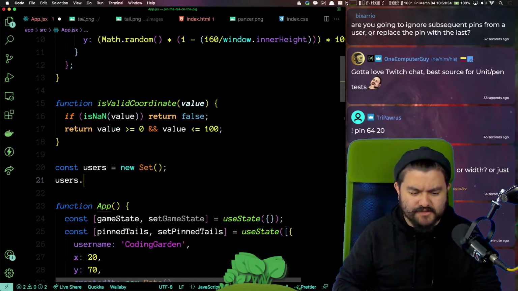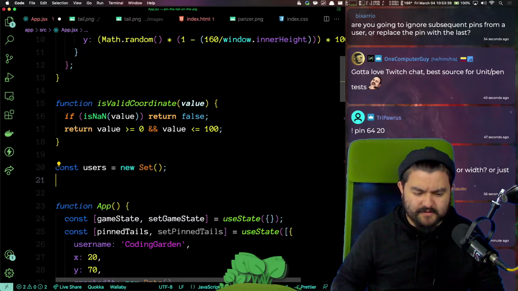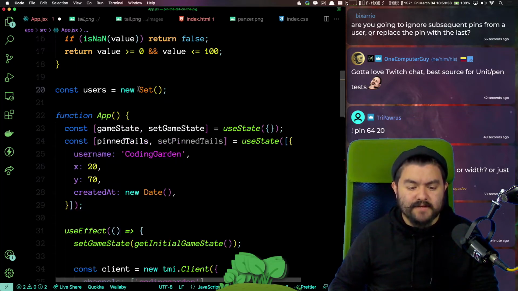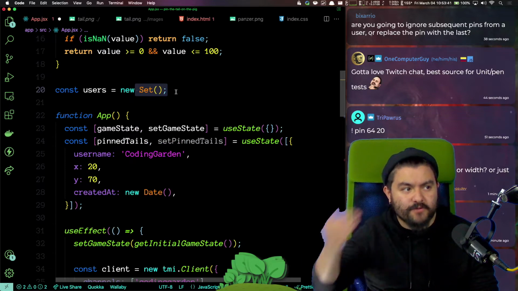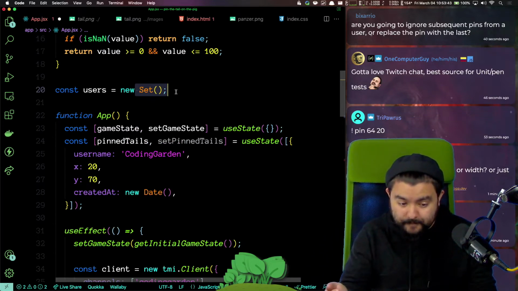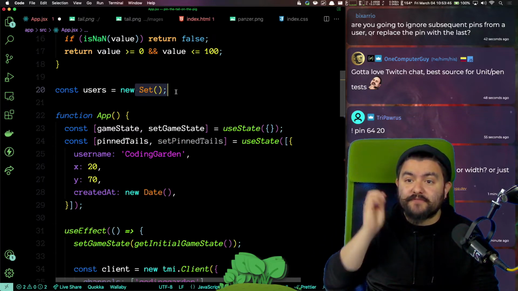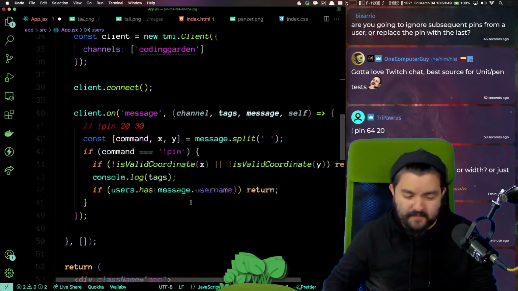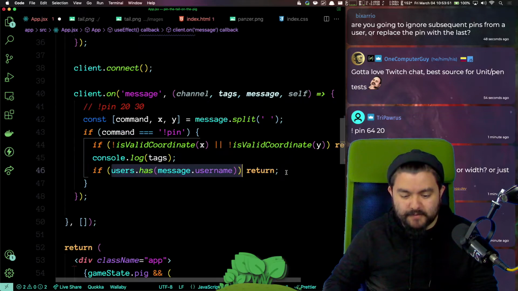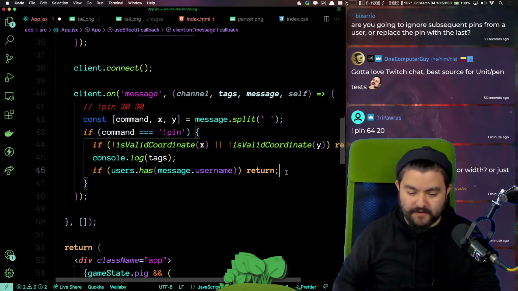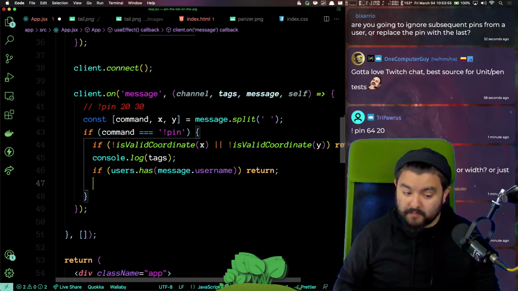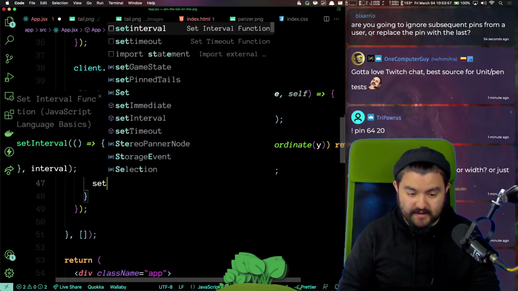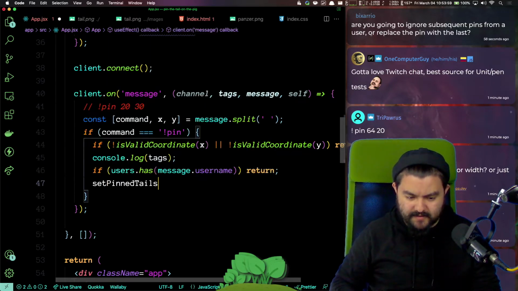Is there a has function on a set? Looks like there is. Okay. So the idea with the set is it's going to have everyone's username in it that has done a pin. And if they have already pinned, has will return true, so we don't let them pin again. So if they've pinned before, return. Don't let them do it. If not, we'll pin it to the page. So we'll say setPinnedTails.